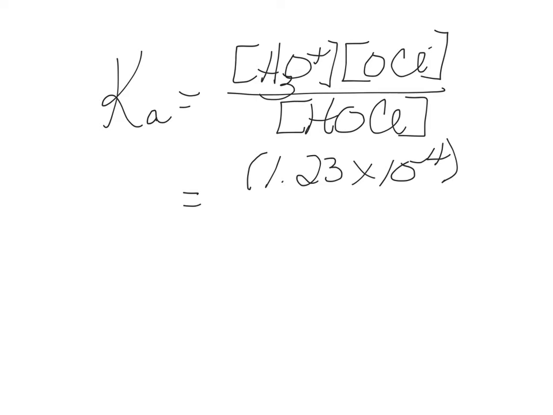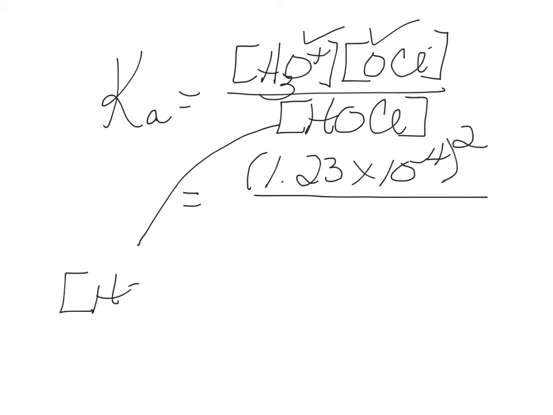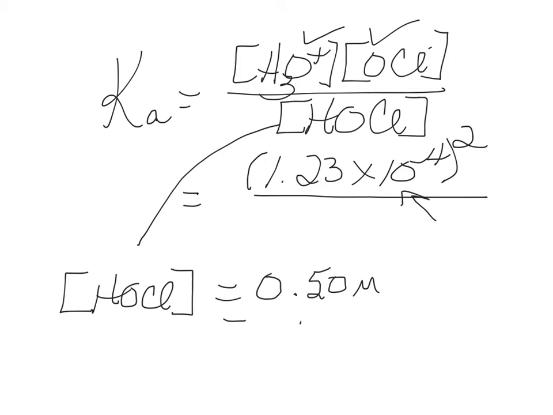Since they're both the same, I'm just going to put that squared. What is the concentration of the original acid? The problem told us the original concentration was 0.50 molar, but because the stoichiometry is in a 1:1:1 ratio, the coefficients in the balanced reaction, we know that this much has ionized,